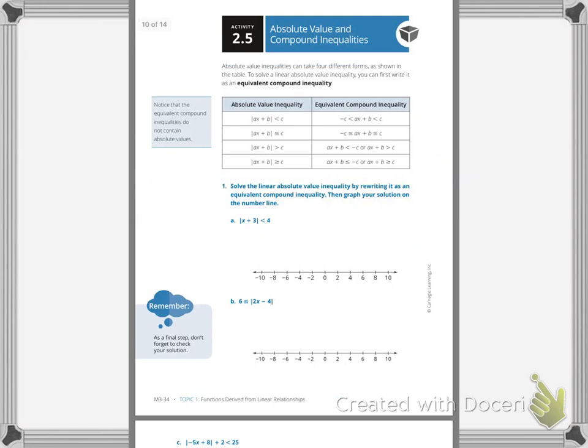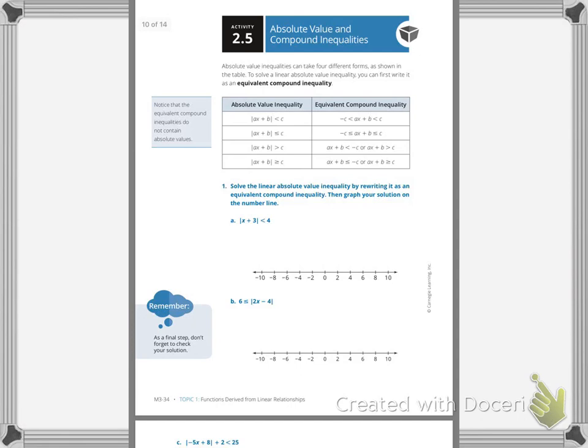All right, absolute value inequalities can take 4 different forms as shown in the table. To solve a linear absolute value inequality, you can first write it as an equivalent compound inequality. Okay, so we have some different equivalent compound inequalities, so that means multiple things happening at once. It says solve the linear absolute value inequality by rewriting it as an equivalent compound inequality, then graph your solution